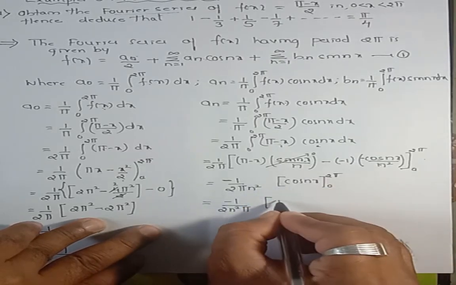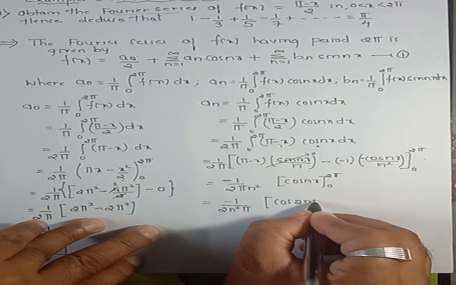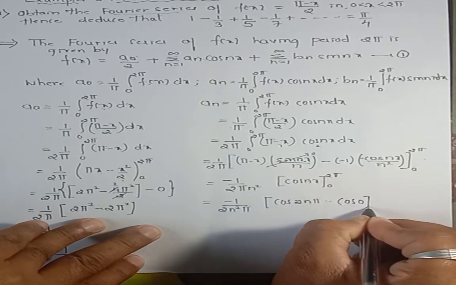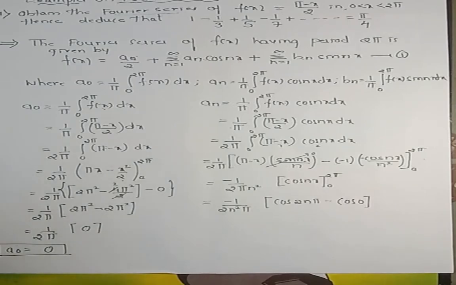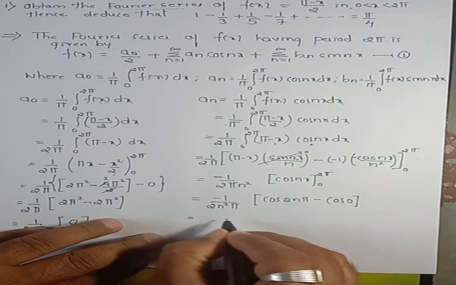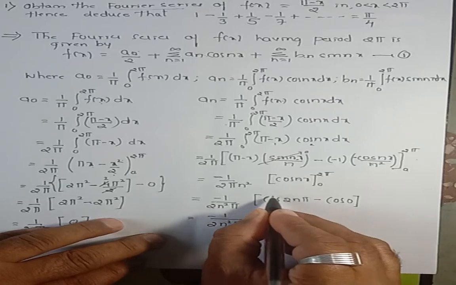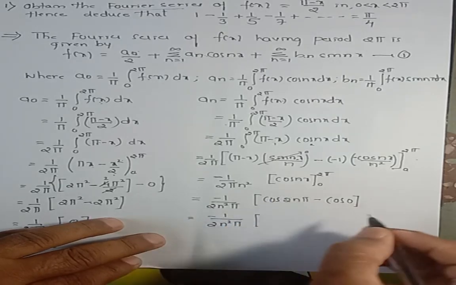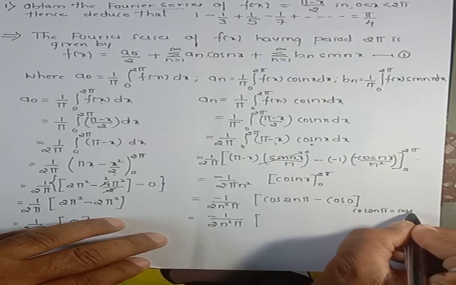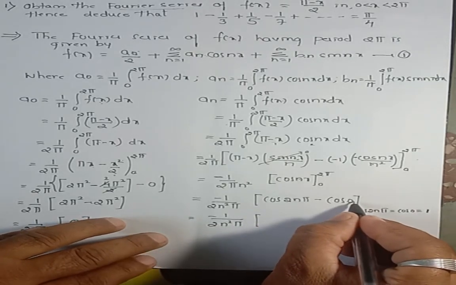Now apply upper limit, cos n as it is, x value is 2 pi, 2n pi, minus when you apply this here it become cos 0. As you know that minus 1 divided by 2n square pi bracket, when you go for this again a formula, the value of this becomes 1. So as we know that cos 2n pi is equal to cos 0 is equal to, this is value 1, this is value 1. As you know that cos 0 is 1,